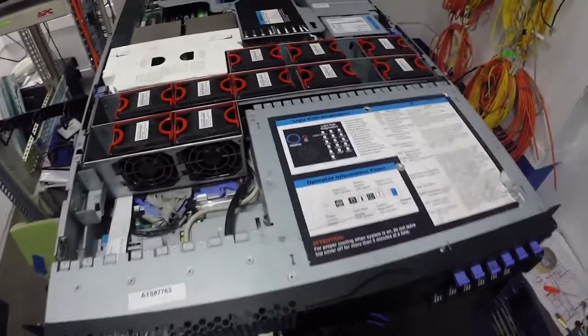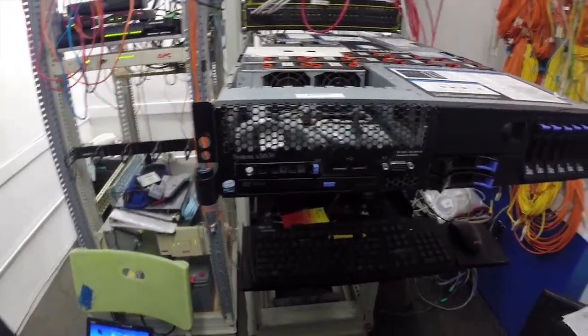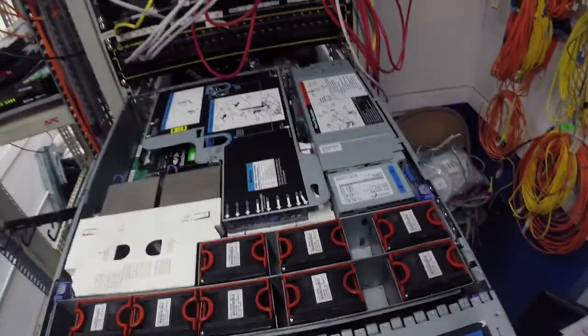Alright guys, this is the Bluecherry server, the inside. And for anyone who cares, this is one of those donations that we got, the IBM 3650s. This one in particular has dual Xeon processors. I have 48 gigs of RAM in it, and it is housing,